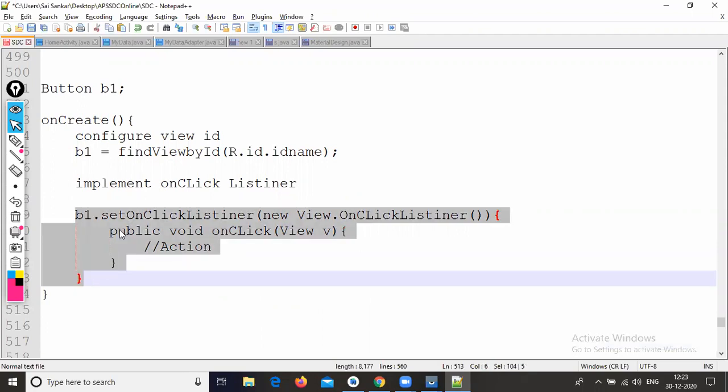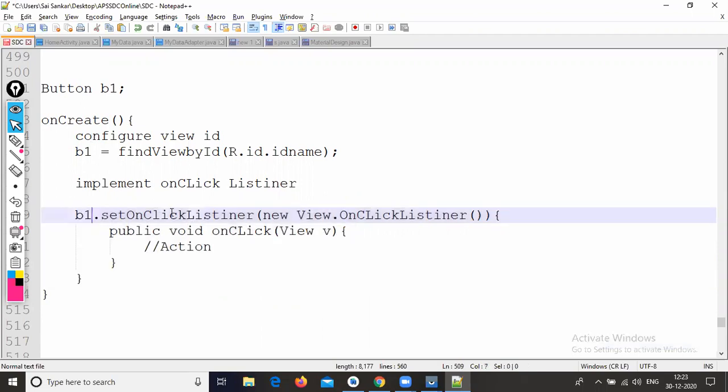So b1.setOnClickListener. Because it is a single component, that's why here I am configuring the setOnClickListener. After that, you need to create new View.OnClickListener. Why am I creating View.OnClickListener here? It means we need to implement the on click listener for view, not a view group.